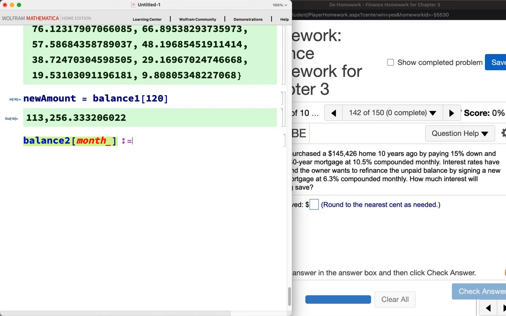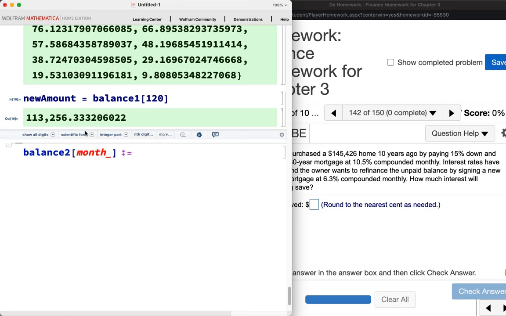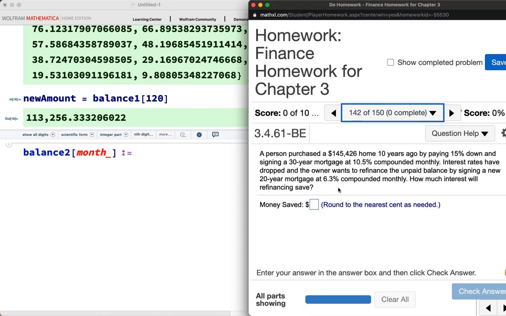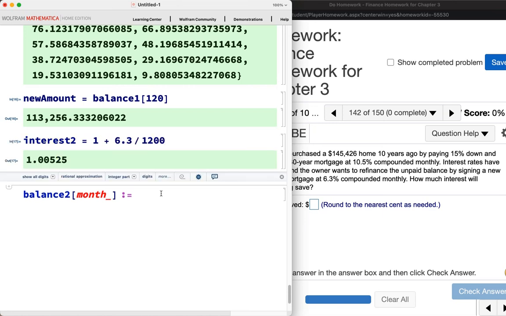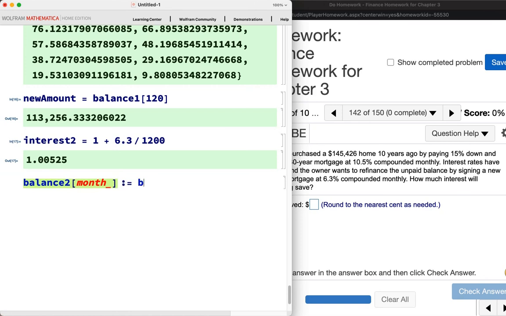Oh, I forgot about my interest rate. Hold on. My interest rate is 6.3%. So interest 2 is equal to 1 plus 6.3 divided by 1,200. Okay, so balance to